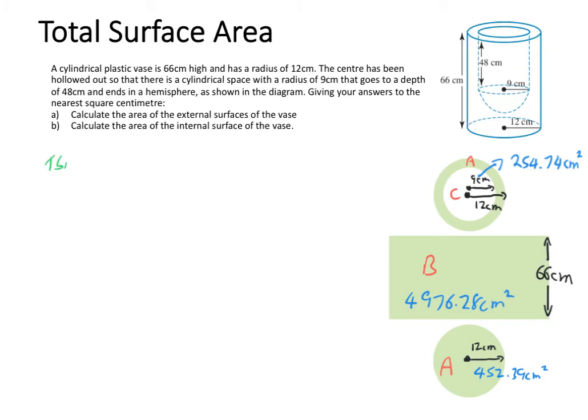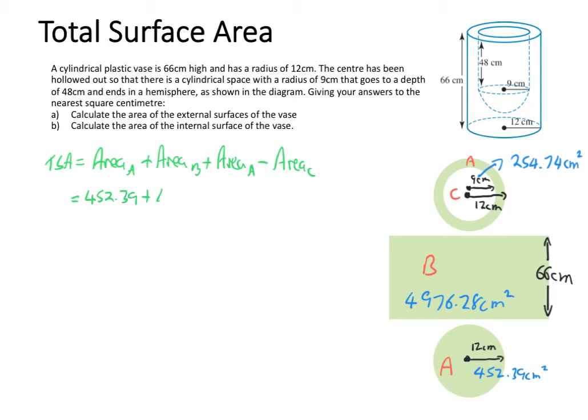So the total surface area of the external surface of my vase is going to be equal to the area of shape A plus the area of shape B plus the area of shape A, but this time I'm going to subtract the area of shape C, because shape C, remember, is the hollow part of the top of the vase that doesn't form part of the external surface. So substituting in my values, it is going to equal